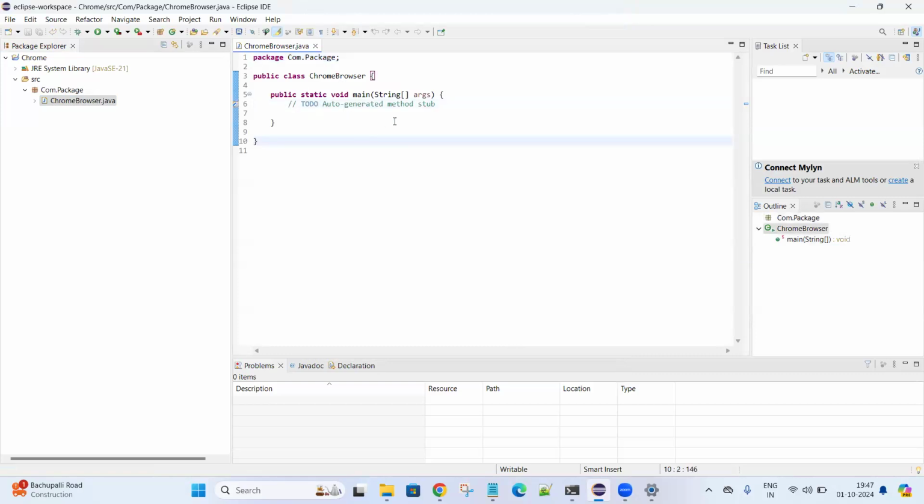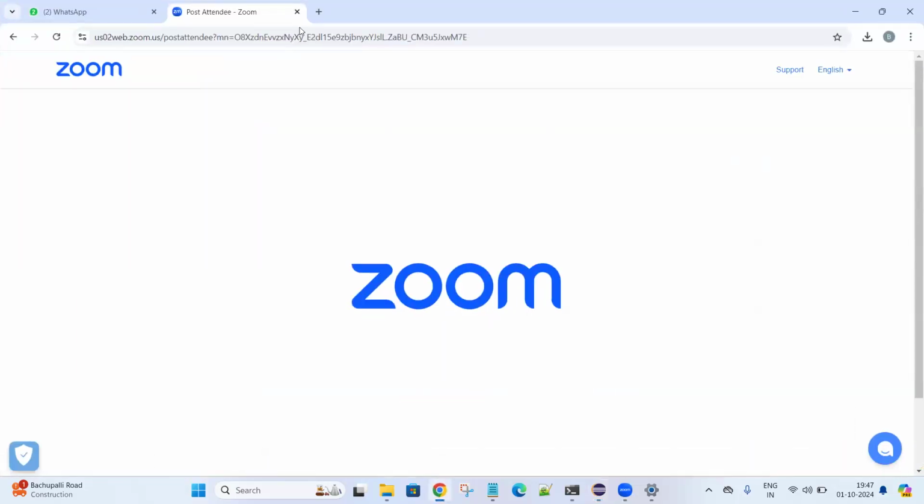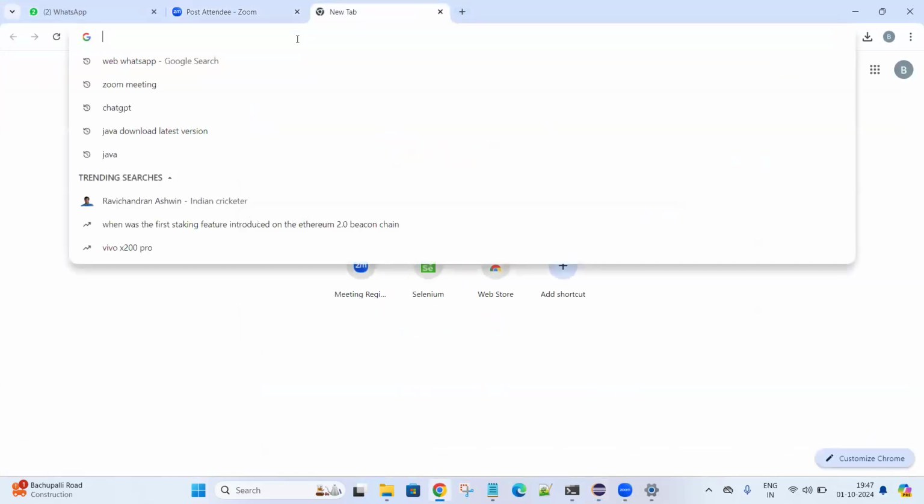So if you write import, can you try going to line number 2. Line number 2, try import org dot openqa. See, you are not getting anything, right, because we have not added any jar files. Selenium jar files. Did you download that one? No. Okay, go to Chrome driver, Selenium dev